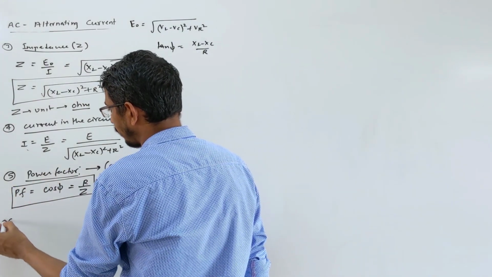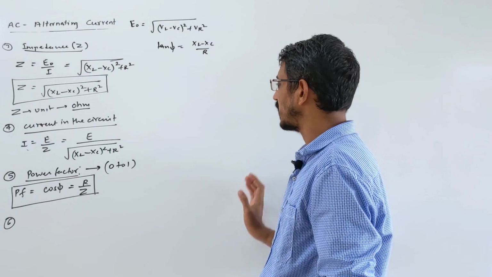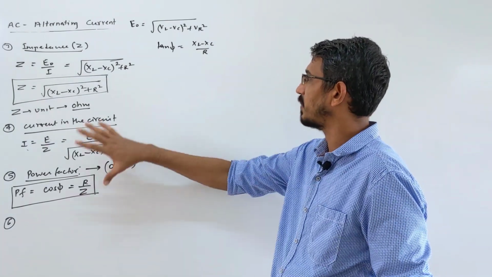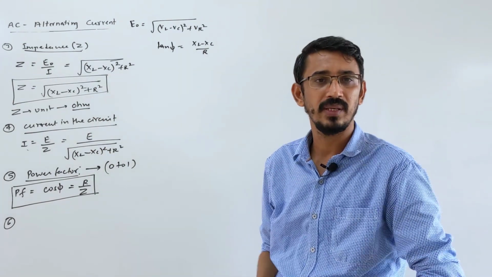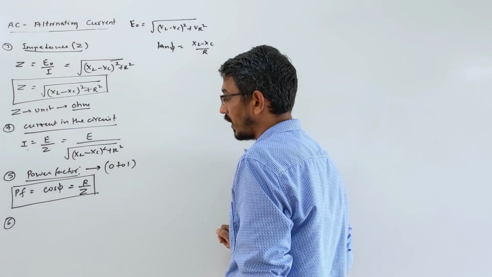So the last point I am talking about is power in the circuit. Look here, you have a total of 6 points, small points, that's all. These questions are only possible. Then we apply a special condition here, the resonance condition. This calculation becomes very simple under resonance. So I'm writing the last one, power. Again, power you can say in two ways.